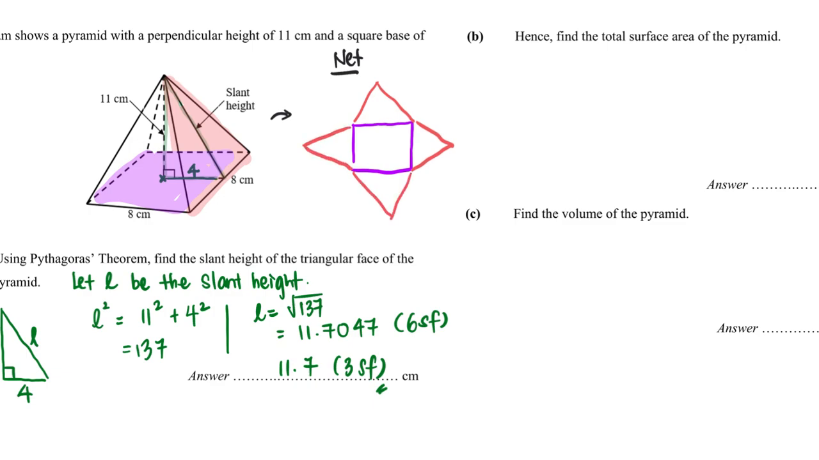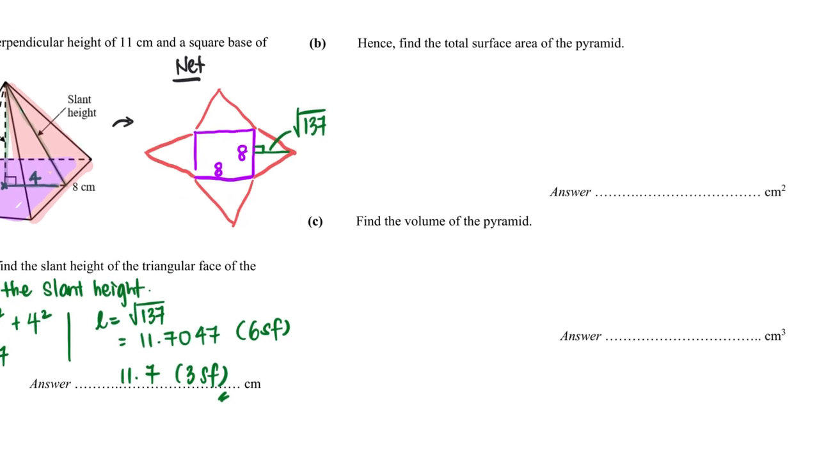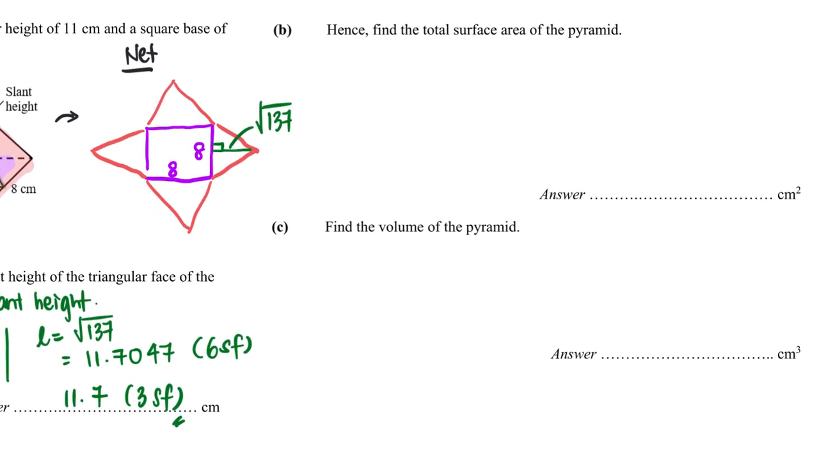With the 4 triangles the same, this is 8, this is 8, and the slant height is actually the height of the triangle. In this case, I'm going to use square root 137 because it is really the most accurate. And so you will see that the total surface area